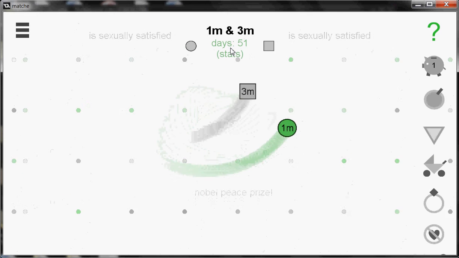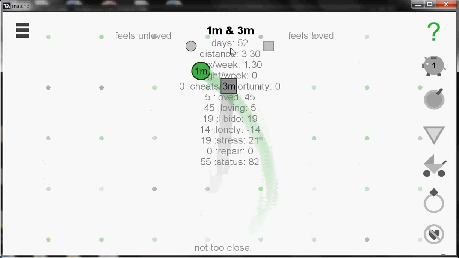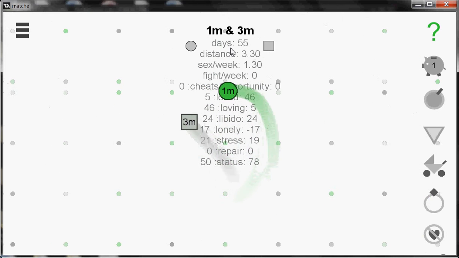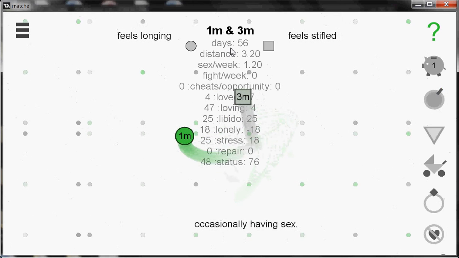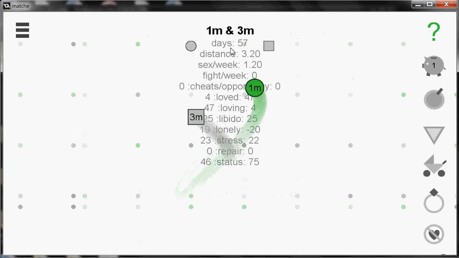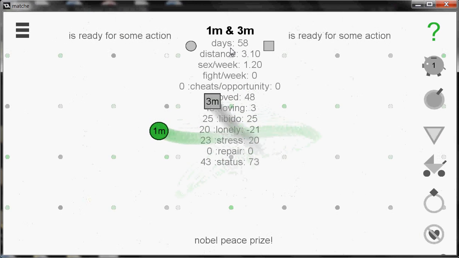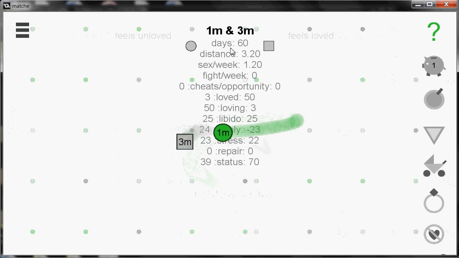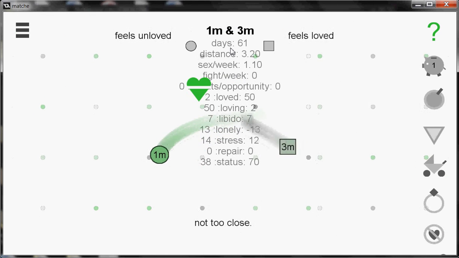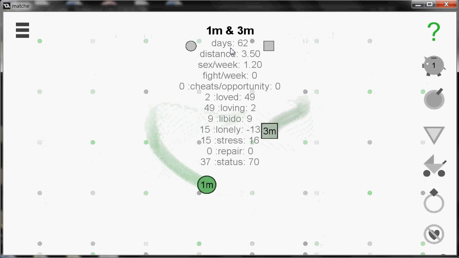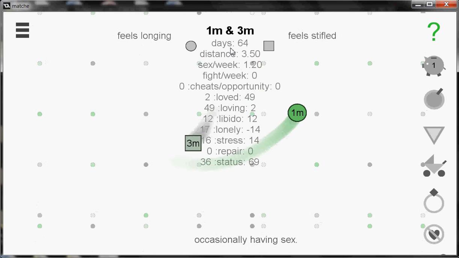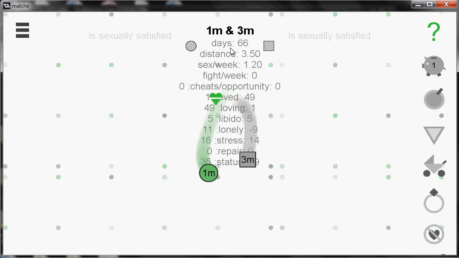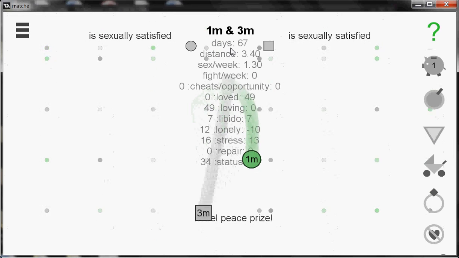Pressing on the Day's Stats button will show stats which give numerical values for these measures, as well as the number of cheating opportunities for each simple that have been taken, as well as a host of other information. In addition to monitoring sex, fighting, and cheating, the Matché love engine will evaluate the innermost feeling of the simples. Matché monitors how loved and how loving each simple feels.